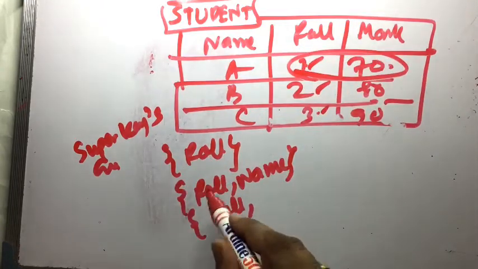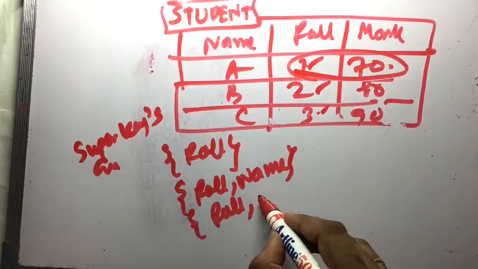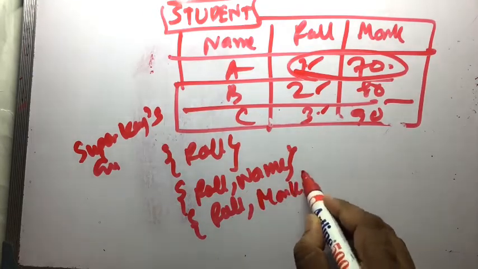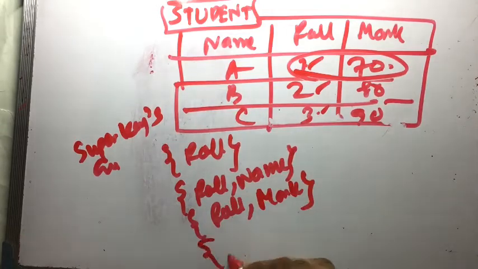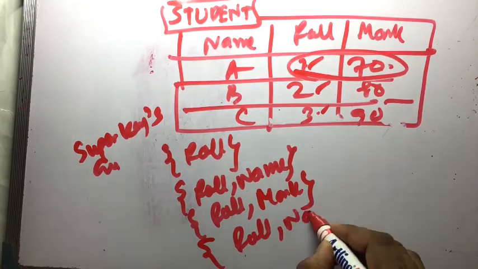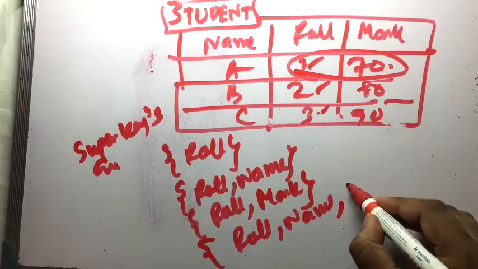Roll is a super key. Roll, name is a super key. Roll, marks is a super key. So these are all super keys, and you can write roll, name, marks all combined together is also a super